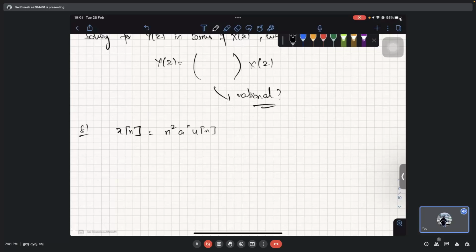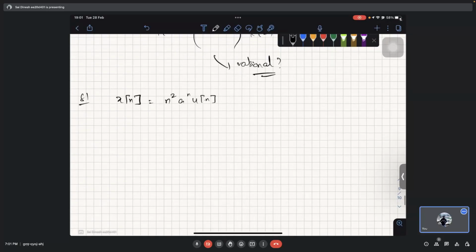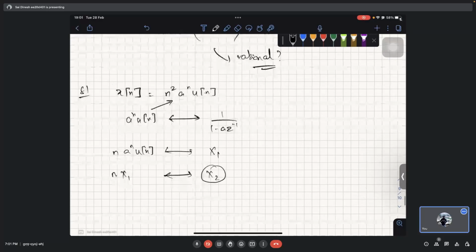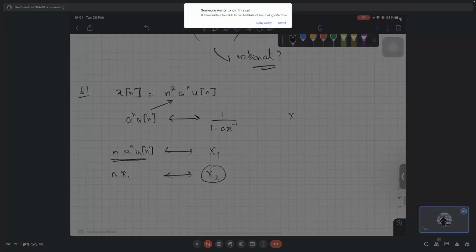Now, we know that a power n u of n has the transform 1 over 1 minus a z inverse. Now how do we get this from this? So we get a into a power n u of n, find x1, and then n times x1 you get x2, which is the final one. So we know that